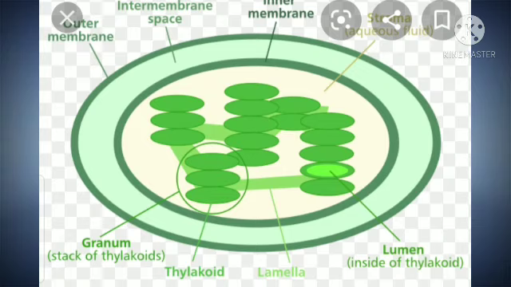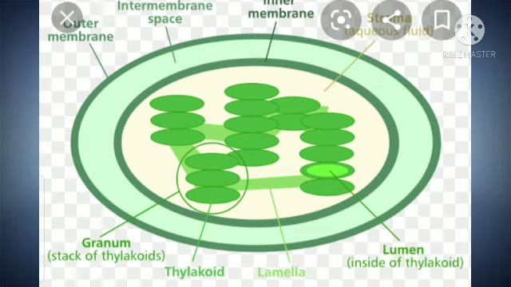Its matrix, commonly called stroma. There are flattened membranous sacs called thylakoids. Thylakoids are usually arranged like a pile of coins. Stroma lamellae connects the thylakoids. Stroma contains enzymes that help in the synthesis of carbohydrates and proteins. Chlorophyll pigments are on thylakoids. Circular DNA and 70S ribosomes are also present.